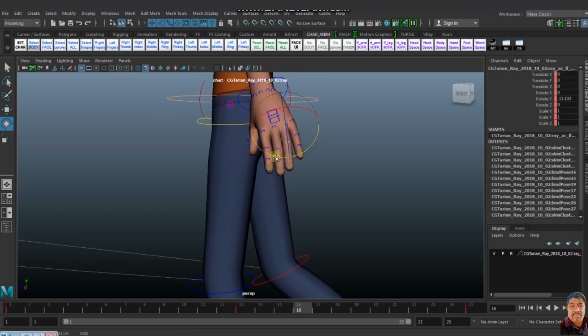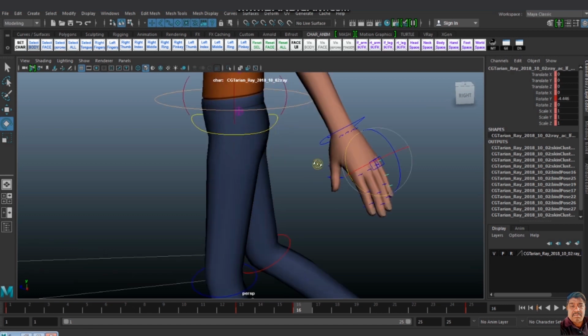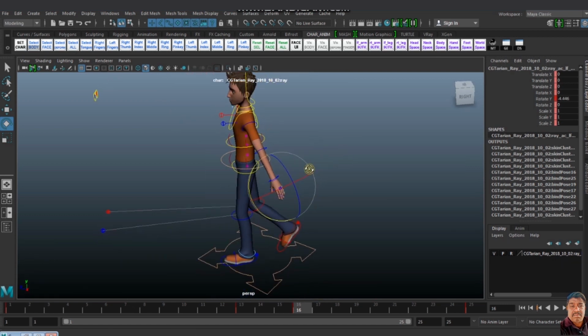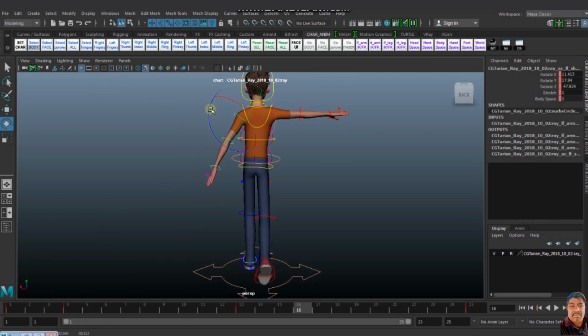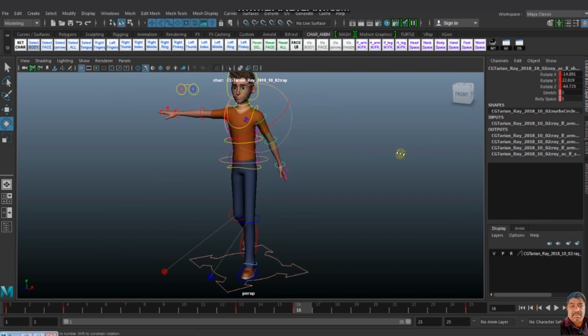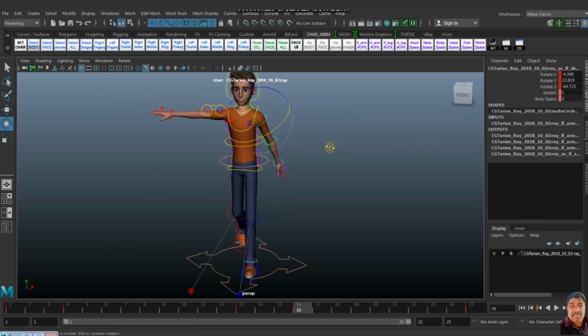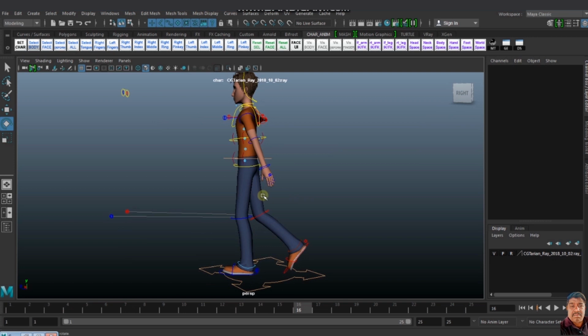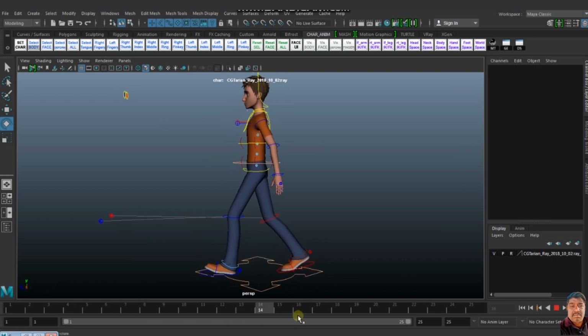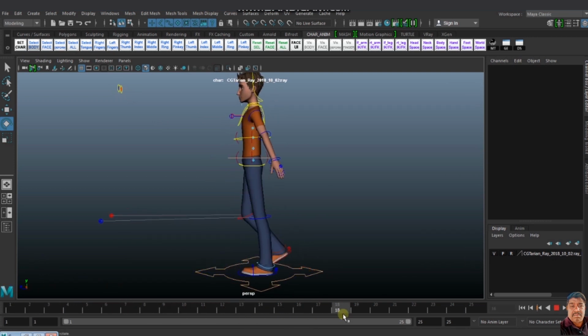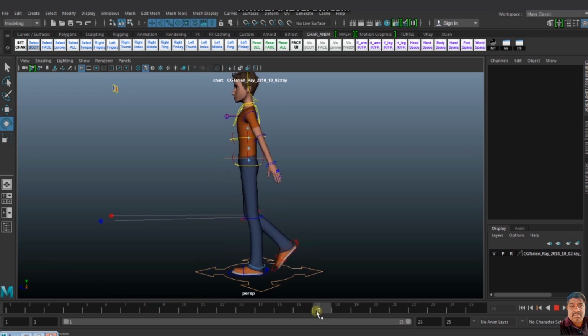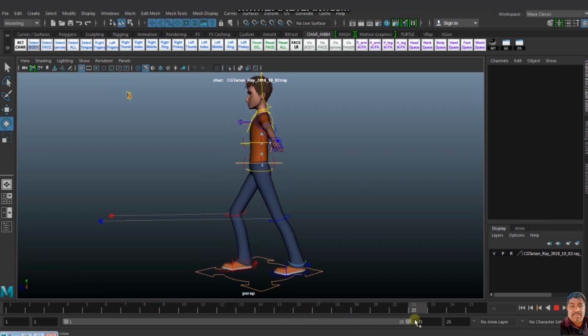So I make the things, and I have to rotate all around and make them perfect. It is very important to rotate and see it from all angles. Now it is like this.